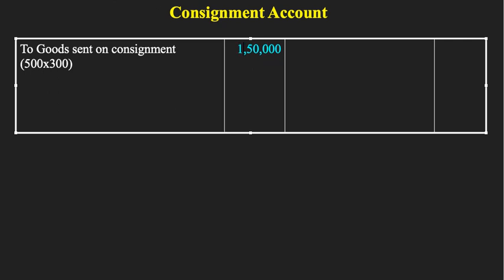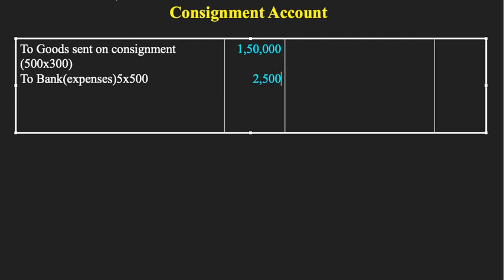Am I right? And in the problem it is given he is spending 5 rupees per box as insurance and forwarding expenses. So in total how much is he spending on forwarding and insurance expenses? It is 5 rupees into 500 boxes. So what are we going to write down here? We are going to write down to bank, in brackets expenses, right? So how much is it? It is 5 rupees into 500 boxes. So how much is that? The total is 2500, right?